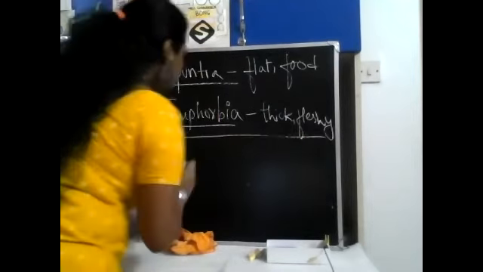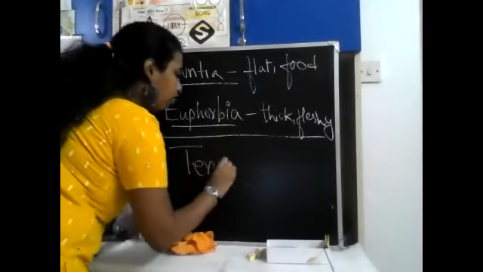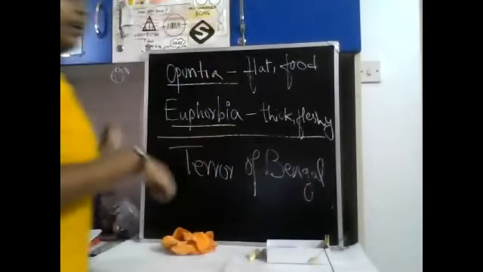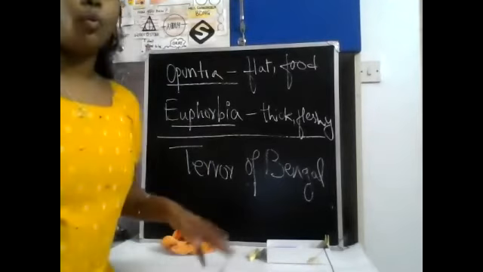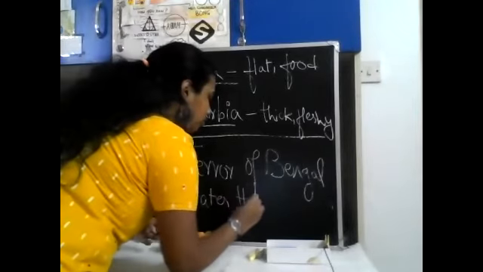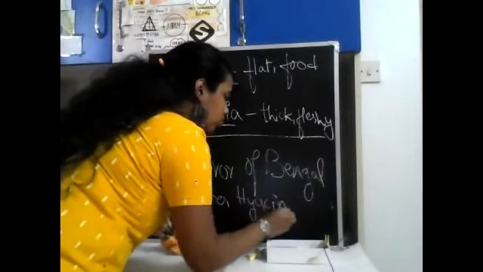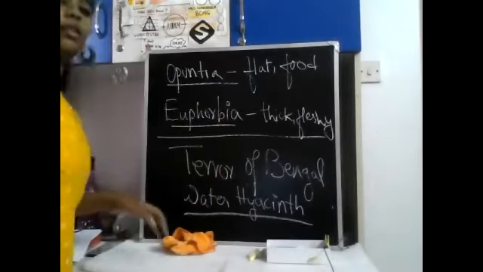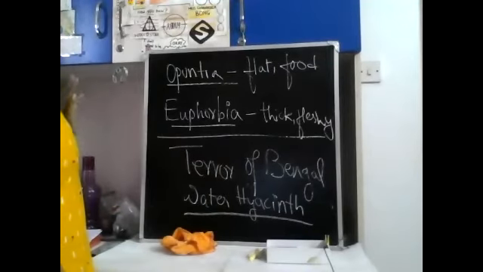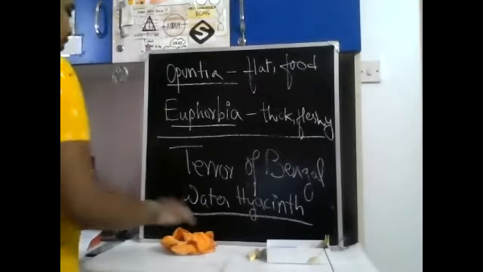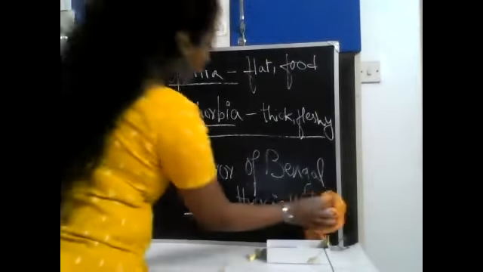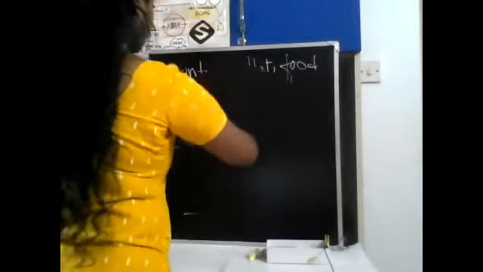we will look at Terror of Bengal. Take this as a small example and find out why water hyacinth is known as the Terror of Bengal. So this is the final example of types of modification in stem. So find out why water hyacinth is called the Terror of Bengal. Okay, we'll move on